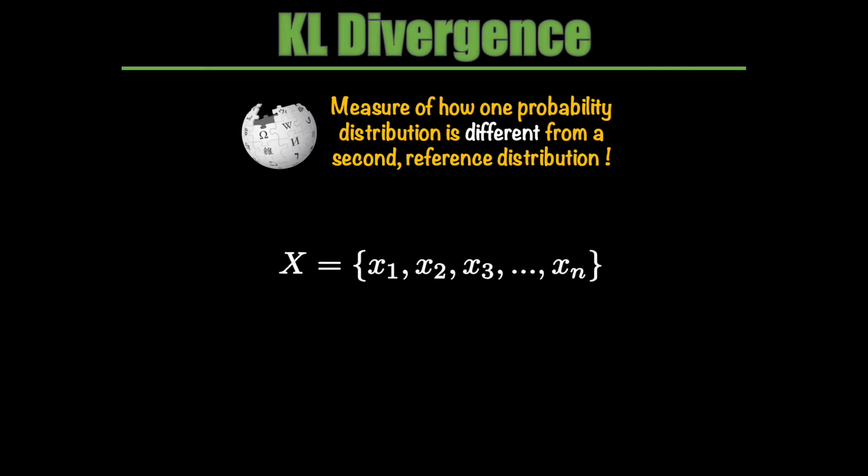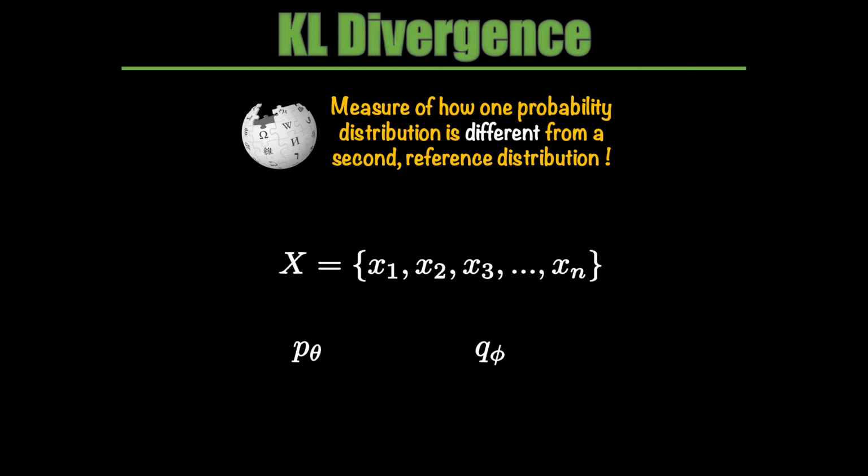Let's say x is our random variable and these are the possible states it could take. P and Q are our probability distributions that we would like to get compared. Note that I have used theta to indicate the parameters of distribution P and I have used phi for Q. This also shows that KL divergence does not require that P and Q are of the same type of distribution.